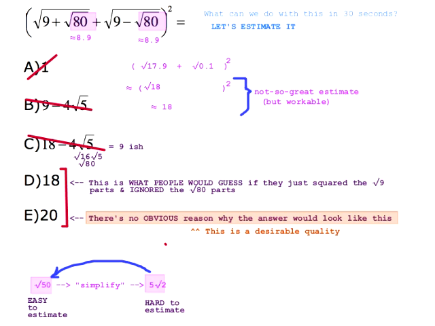If it's a non-obvious looking answer, then you should be more inclined to pick it when you have to guess. So if you had to guess blindly between 18 and 20, you would actually want to go with 20, just for that reason. And it does turn out to be 20. If you wanted to make a better estimate of this, if you had the time,